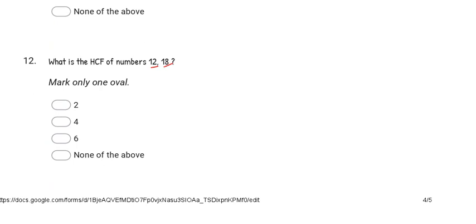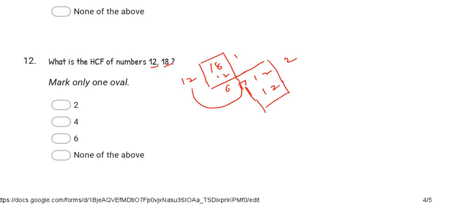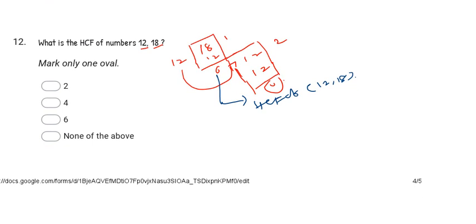While finding HCF, just write the highest number inside the bracket. 12 is the least, outside the bracket. 12 ones are 12. What is the remainder here? 6. This 12 will come here again in the bracket. So 6 twos are 12. The remainder is 0. So then this 6 is the HCF of 12 and 18. Clear? Next question.